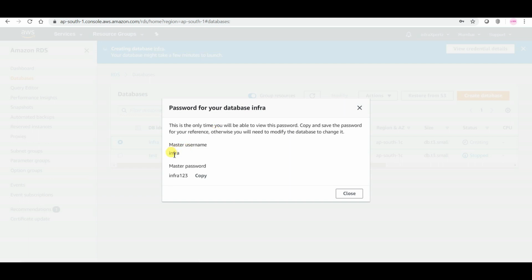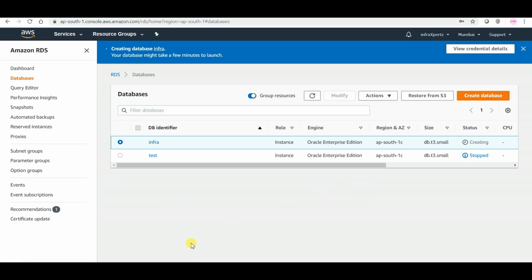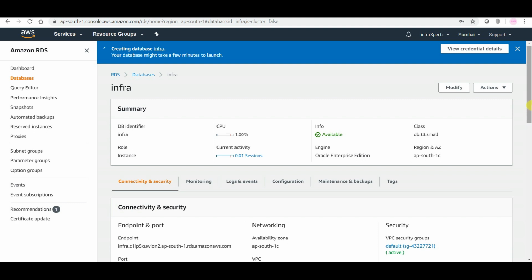So the master username is this, and my password I have kept as this, and it is still creating. I'll pause it. So currently we have our database created and the status says as available. So how do we log into our database? From here you can see,